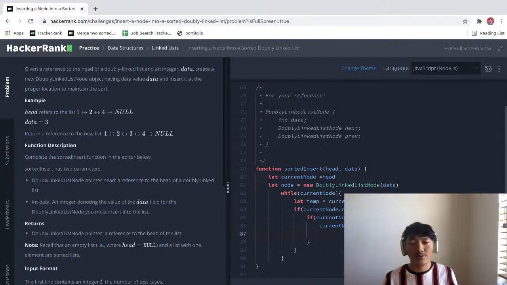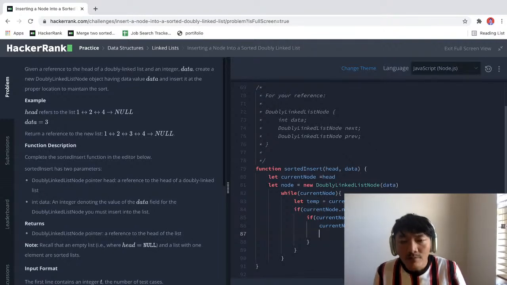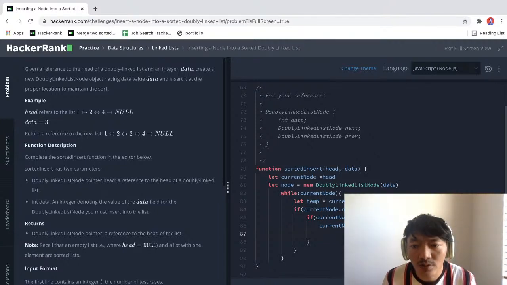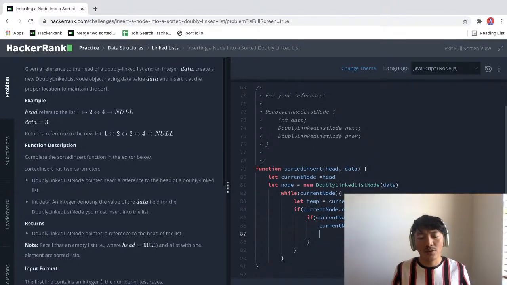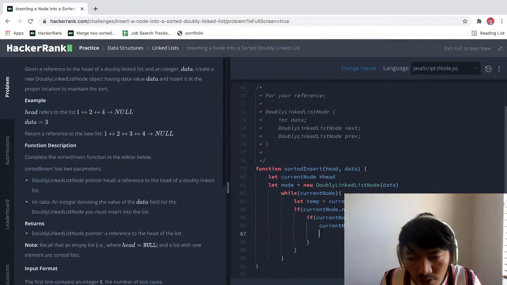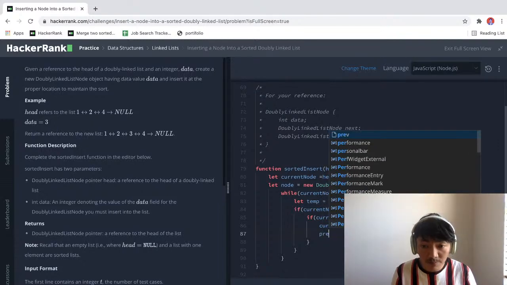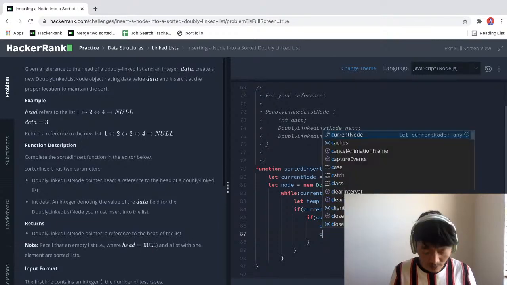Okay, and then the current node dot prev equals node. Current node dot previous node equals this node. And then what else we wanted to do is current node dot prev equals this node. If that is true, then previous node, and then current node